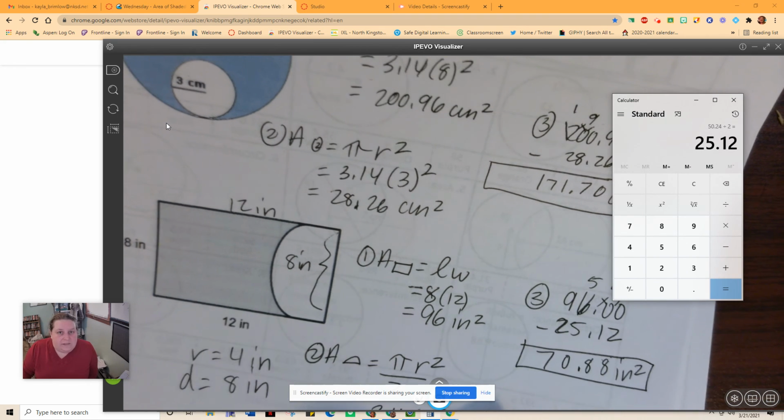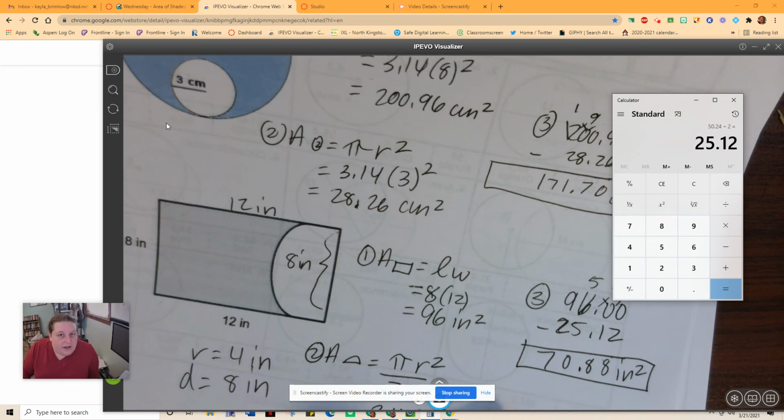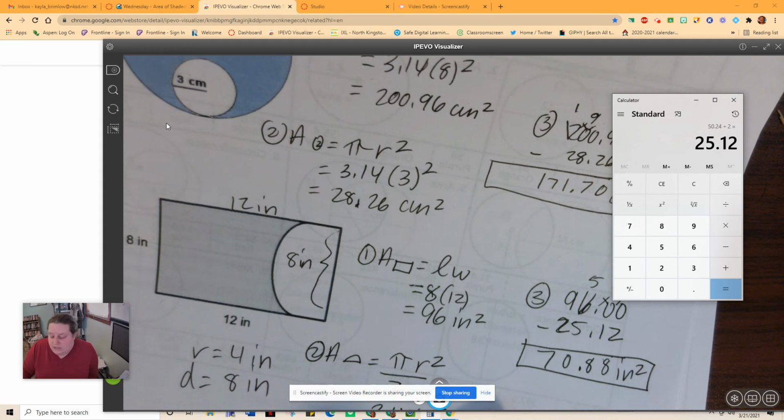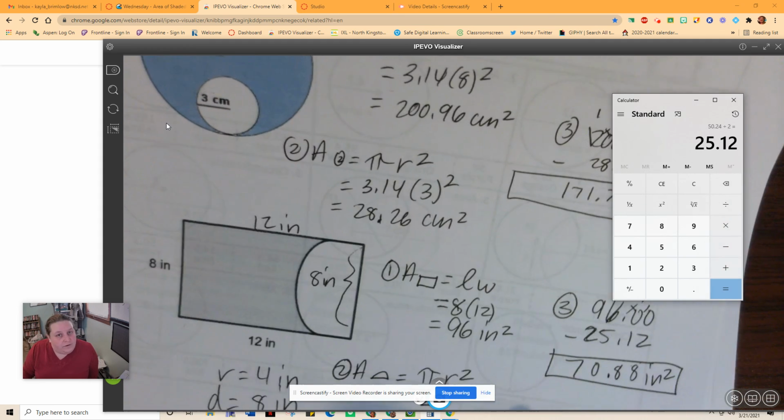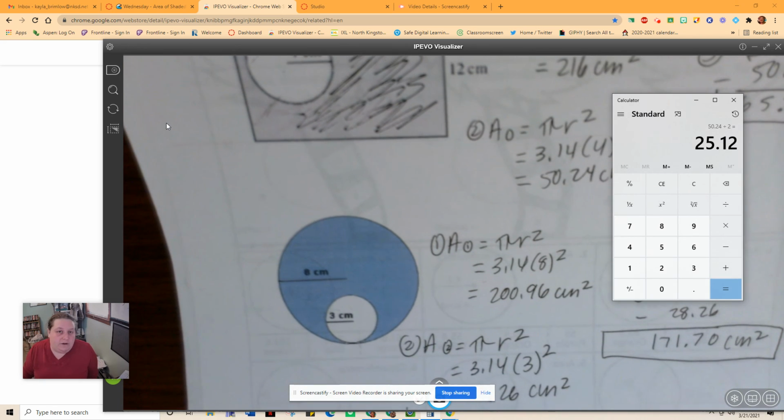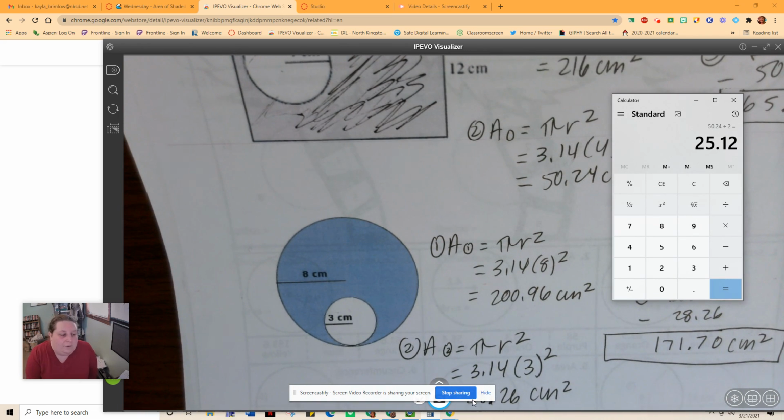Okay. So in today's lesson, we reviewed how to find area of different shapes and then applying that knowledge to find area where we have these irregular shapes and just the shaded region of them. So go ahead and check out Canvas for your practice options. If you have any questions, please let me know and I will check